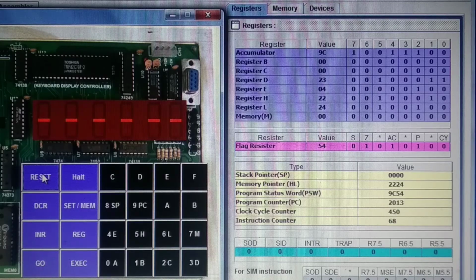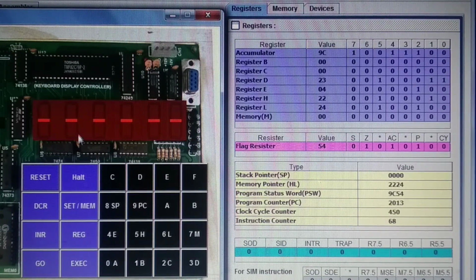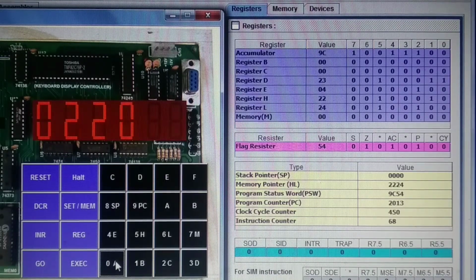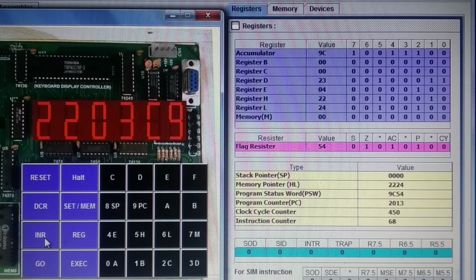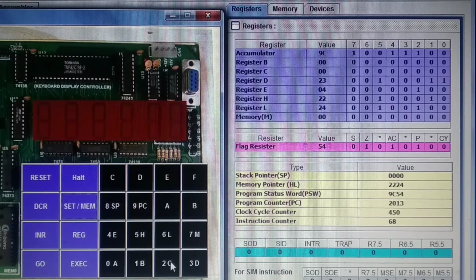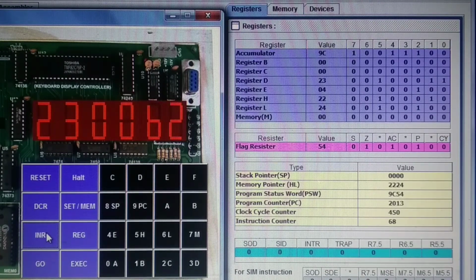Now the program is already entered in the kit. Only we have to check the numbers, data. Reset, set memory 2200, increment: 46, 24, 25, C9. Increment, reset, set memory 2300, increment: B2, E5, 2D and 4E.